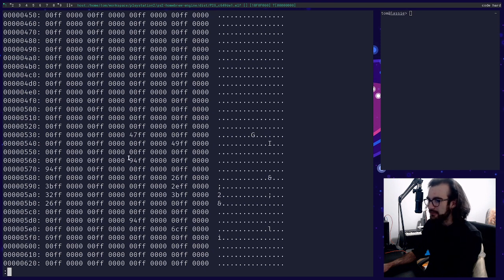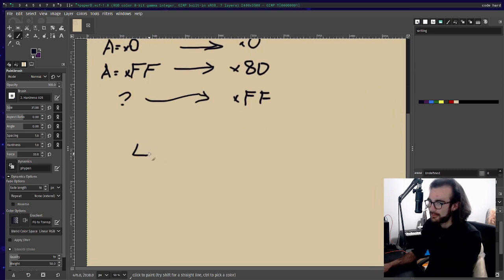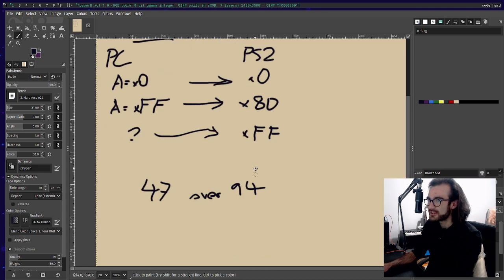Let's take red 47 fully opaque over red 94 fully opaque. It's not 47 and 94, it's the hex equivalent. So let's go 47 over 94, and let's plug it into this equation.